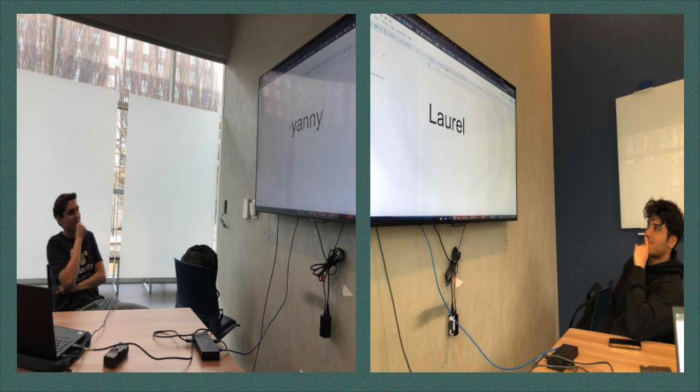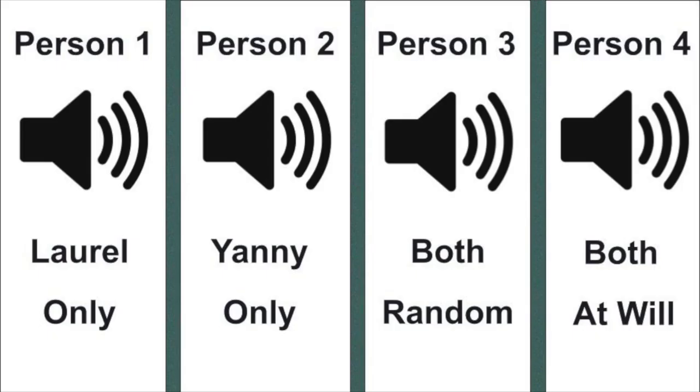And then we repeated each of these conditions, but for each one we made a conscious effort to either hear the word Laurel or Yanny specifically. As it turned out, all 4 of us experienced different results. One of us could only ever hear the word Laurel. One of us could only ever hear the word Yanny. One of us could only ever hear what was on the background stimuli, and with no background stimuli, they could not control which one they heard. And one of us could flip between the 2 at will.